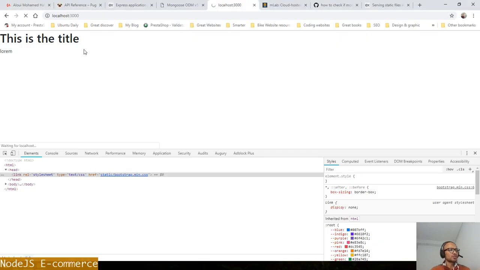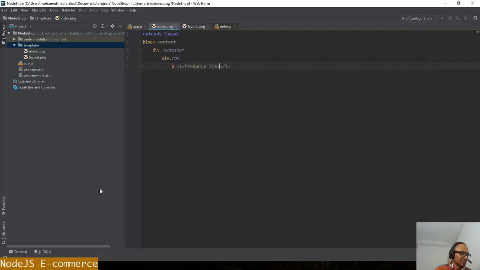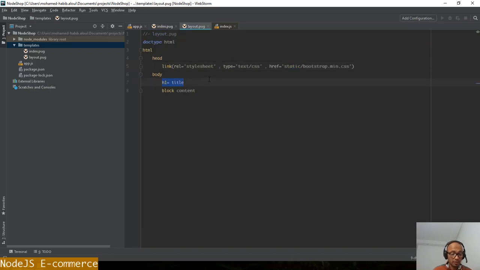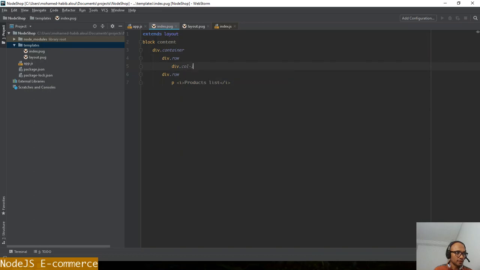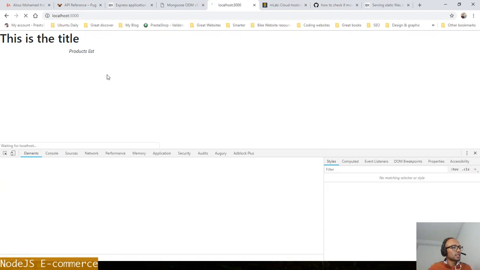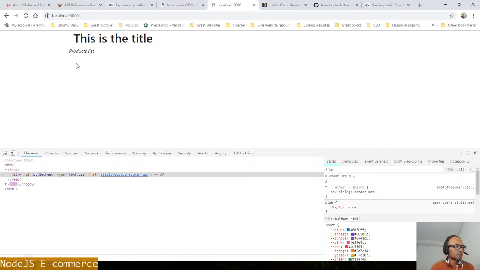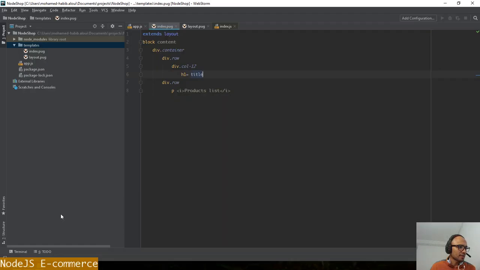Okay, a bit organized application was also a good idea. But the title is not following my guides. Why? Because it's defined all the way up. Simply, I can do block header or title, and from here I will duplicate this, for example, and define another div 12, and inside it, each one equals title, and that will force it to get into the right place with an extra padding, because I think I did not put